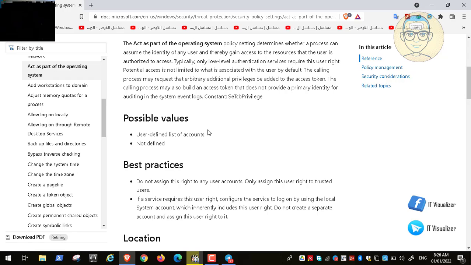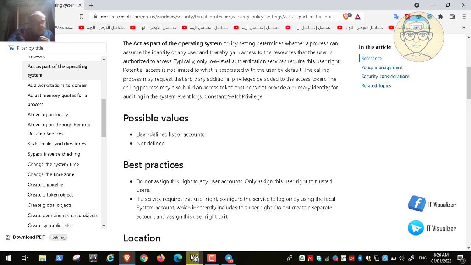What is recommended? If you need to start a service on a machine, you can make the Windows system account start this service, or you can create an Active Directory account and let it start the service. But do not give it this right, because, as I said before, it will act as a part of the operating system. So this is a very critical right to give to a user.